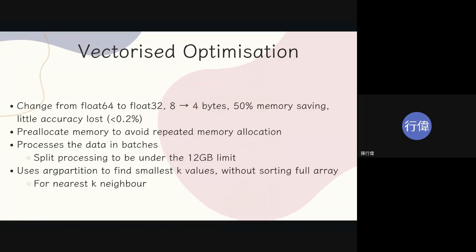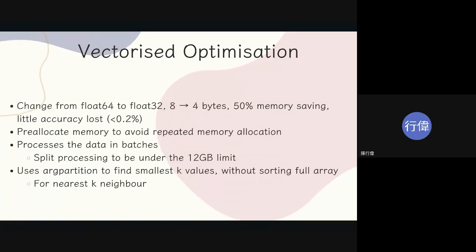And then the other part is that we do pre-allocation of memory so that the Python interpreter doesn't need to keep allocating memory nonstop, and it's basically just an efficiency step. Next, even if we do 50% memory saving, 50% of 1 terabyte is still 500 gig, which is a lot of data. So we process the data in batches, so that we try to keep it under the 12 gig limit